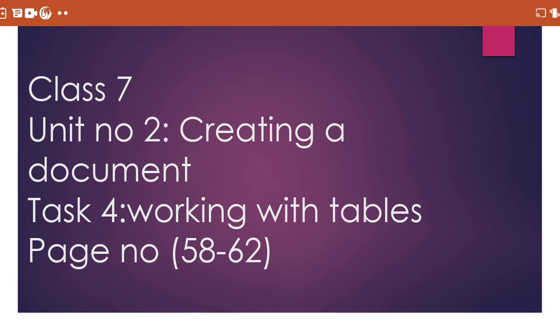In this task you will learn how to create a table, how to insert the table, and formatting a table, to apply a style, shading, borders, and edit your tables, like how to add row and column, how to delete row and column, to change the size of column and row, and auto fit features that automatically adjust the size of your table, to select a row, column or cell and align the text in a cell, to change the direction of the cells. So let's get started.